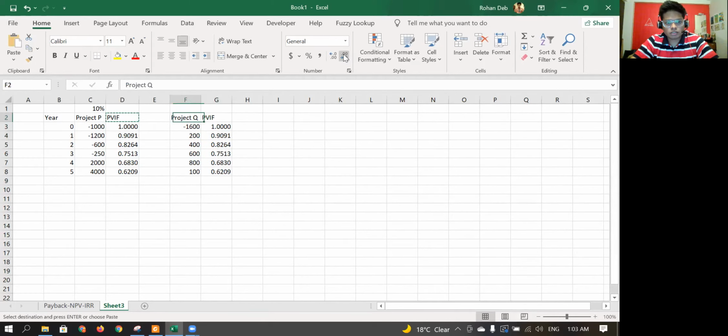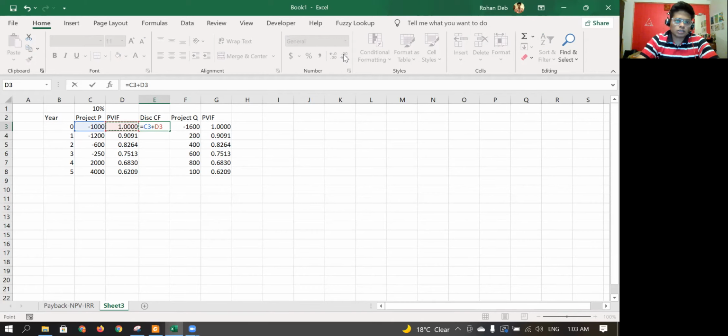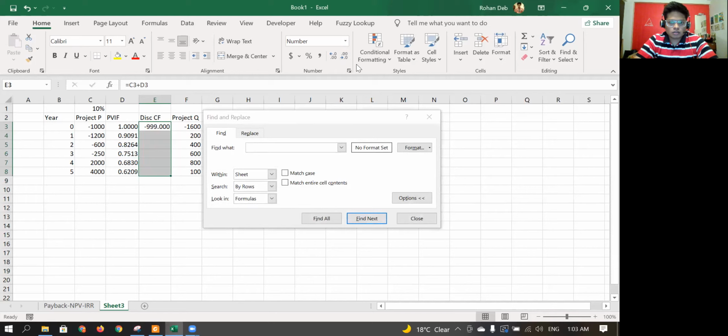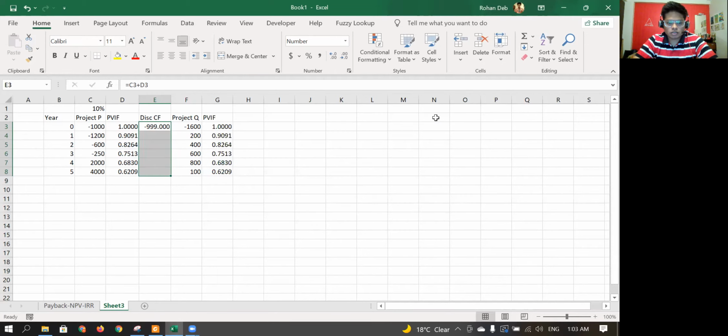PVIF. Now I have to calculate the discounted cash flow. So basically this into this. Down, copy, paste.